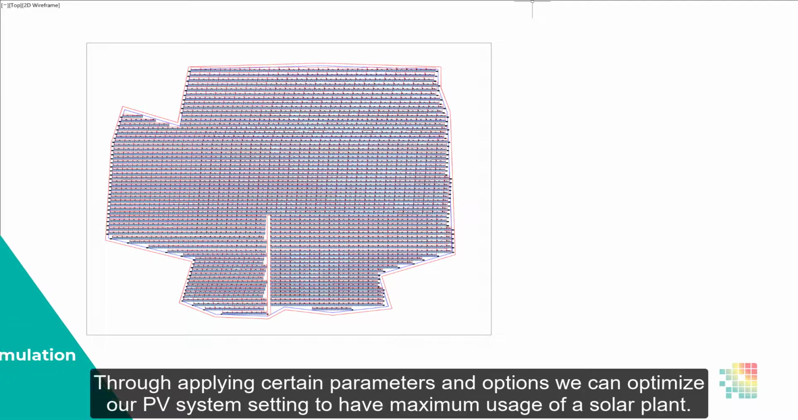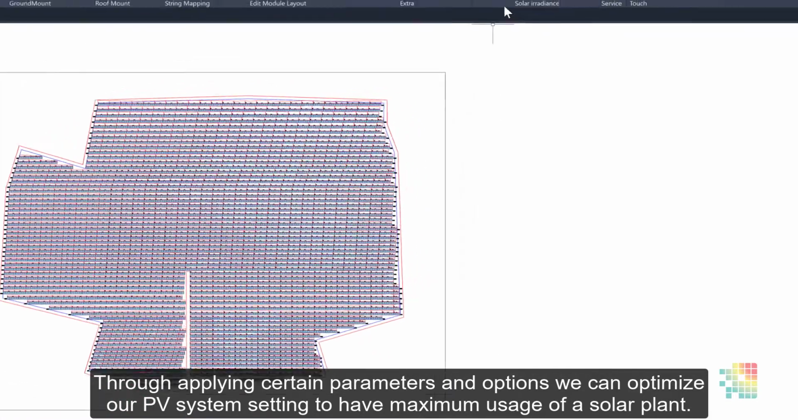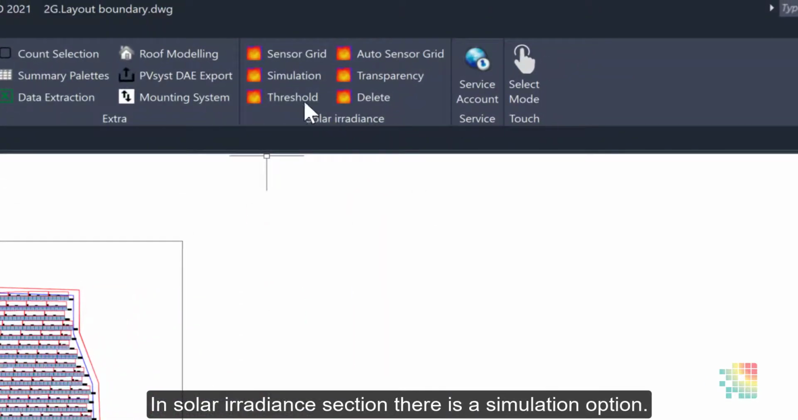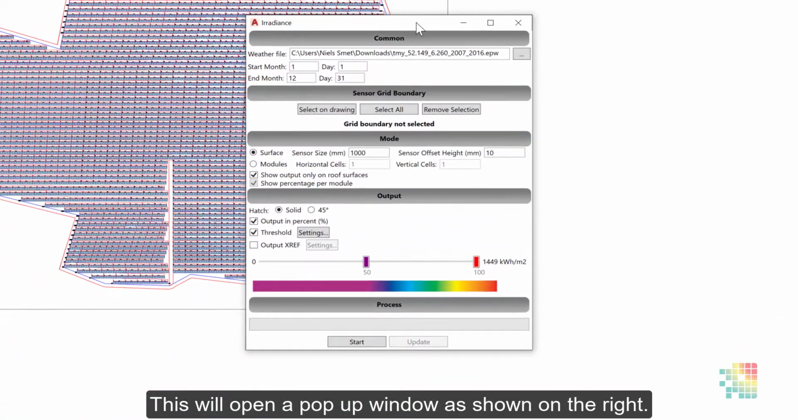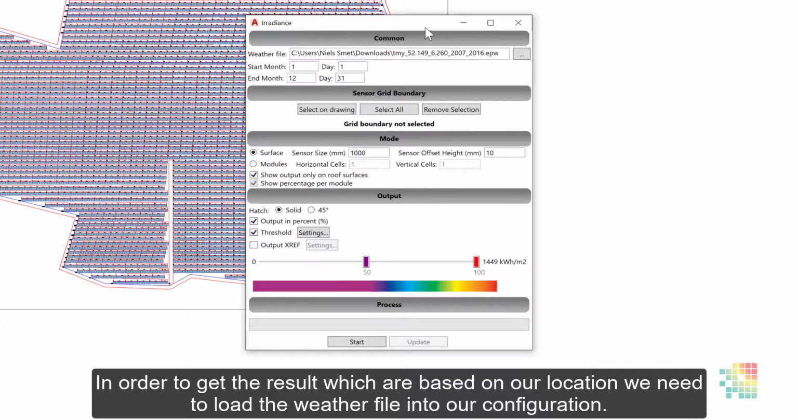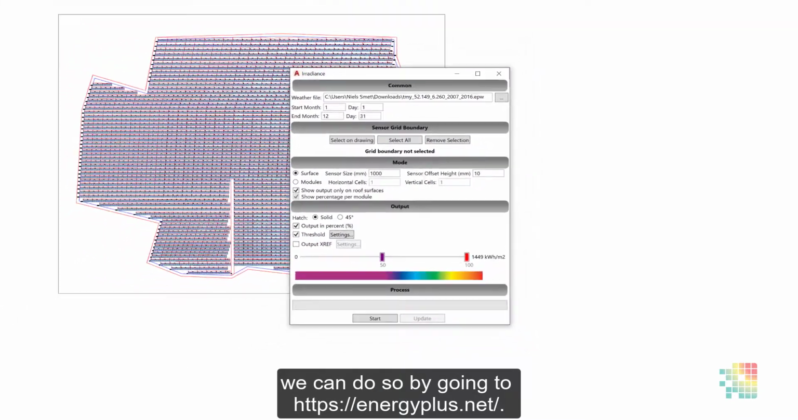Through applying certain parameters and options, we can optimize our PV system settings to have maximum usage of a solar plant. In the solar irradiance section there is a simulation option. This will open a pop-up window as shown on the right. In order to get results which are based on our location, we need to load the weather file into our configuration. We can do so by going to